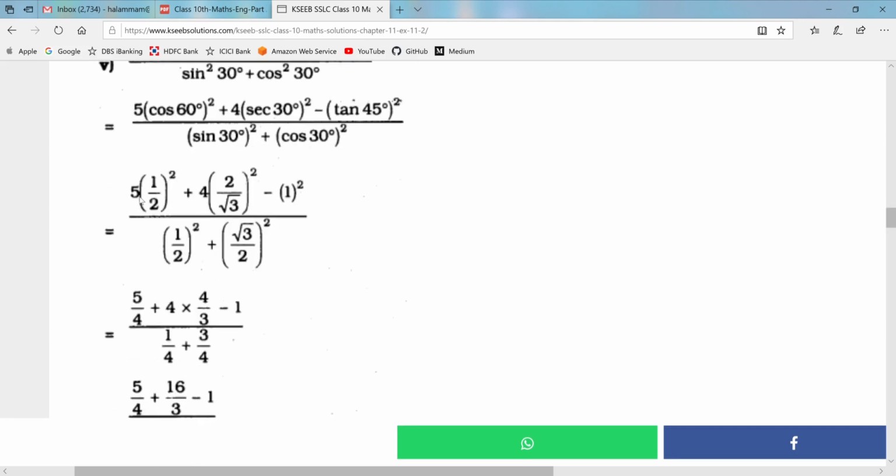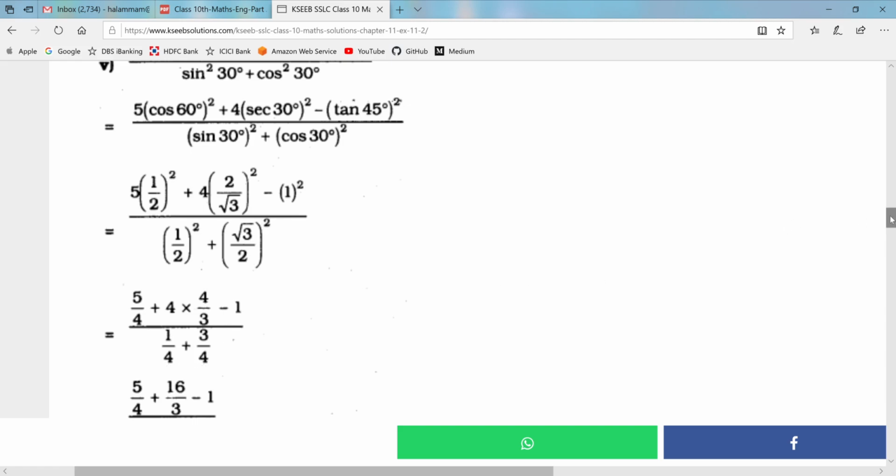Okay, next step, evaluation. So 5, that is 1 square is 1, so 1 into 5 is 5, and this 2 square is 4, plus 4, and here apply the square for numerator and denominator both. 2 square will become 4, root 3 whole square will become 3. So put the minus sign, and 1 square is 1. Whole divided by 1 square is 1 and 2 square is 4. Plus root 3 square, so put the 3 here, divided by 4, as the square applies for the denominator also, so 2 square will become 4.